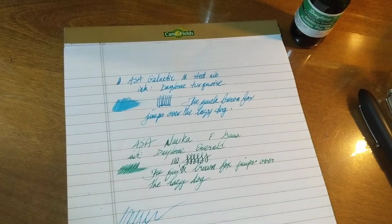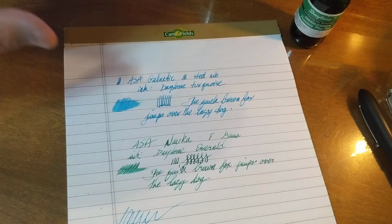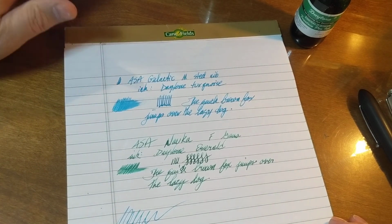Anyway, so that's a couple more pens in my collection. Three down and about 260 to go. Anyway, I hope you like this quick review of the two ASA pens that I have,